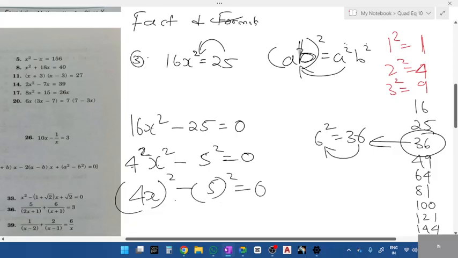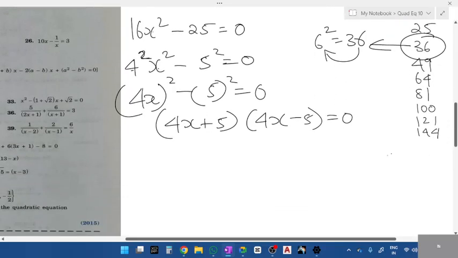First step. Isn't it looking like a square minus b square? So what's the answer? (4x plus 5) into (4x minus 5). And I told you all a rule. A into b is equals to 0. Zero product rule. What is zero product rule? A can be 0 and